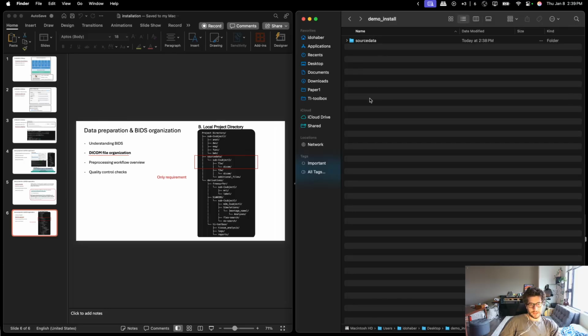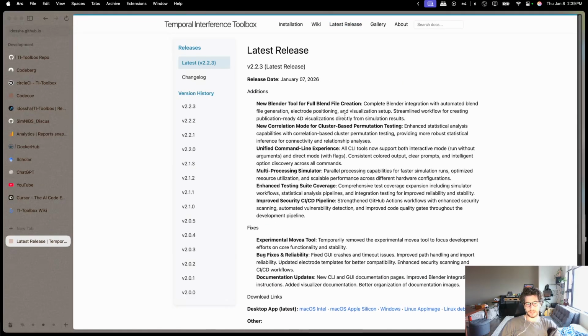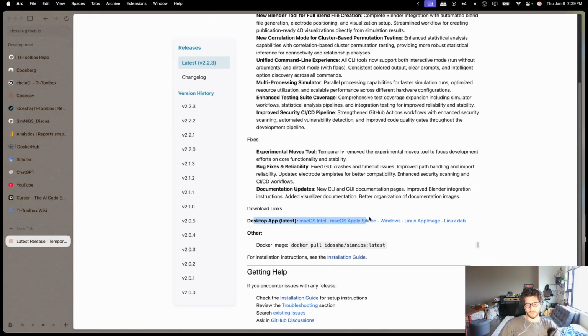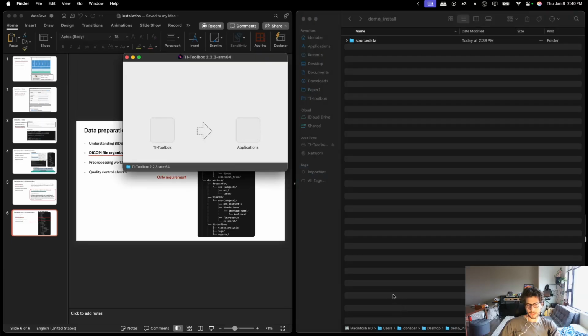So once we have that, we want to decide how do we want to launch the TI-Toolbox, with command line or desktop. So we will start with the desktop application. So we'll go to the latest release, and we see here some hyperlinks. I have an Apple Silicon chip, so I will do this. I'll go back, and it notifies me that it finished. I'll open it, and it comes